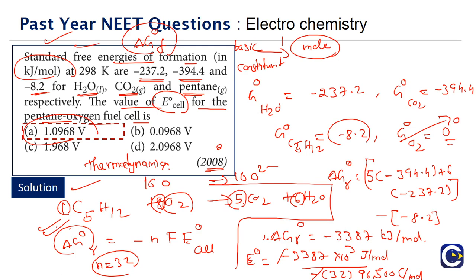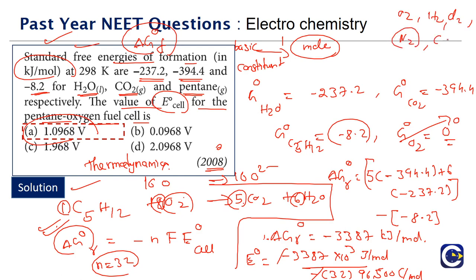For H2O, what is the free energy value at the standard condition? Minus 237.2. For CO2, minus 394.4. For pentane, minus 8.2. For O2, the standard free energy value will be 0 because O2, H2, Cl2, N2, all